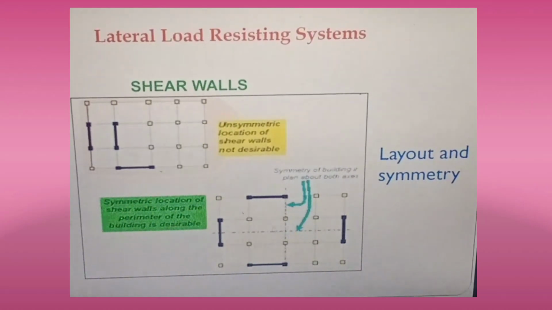It's okay if there is a lift opening over here, you can provide a shear wall here also. It is not like that, you need not provide it over here. You have to provide it, but it should have good strength for that particular building, and it should resist the lateral loads, meaning you have to provide it like this. Okay.